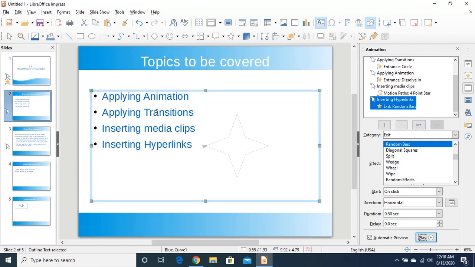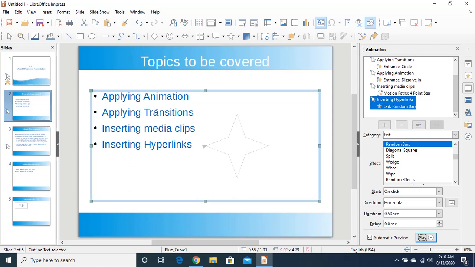If we talk about transitions, transition is an effect which is applied on the slide, means how your slide will appear on the screen, and how your slide will exit, leave from the screen.